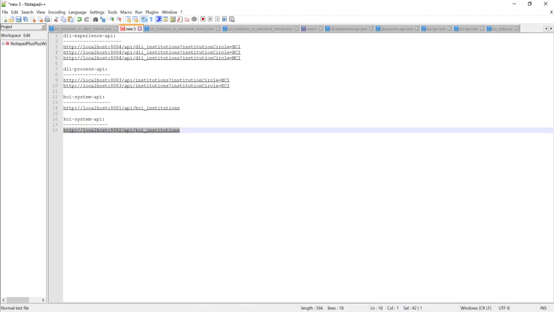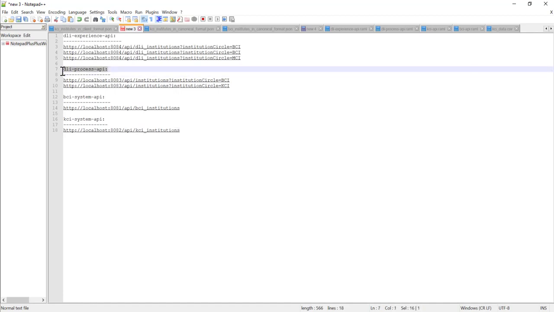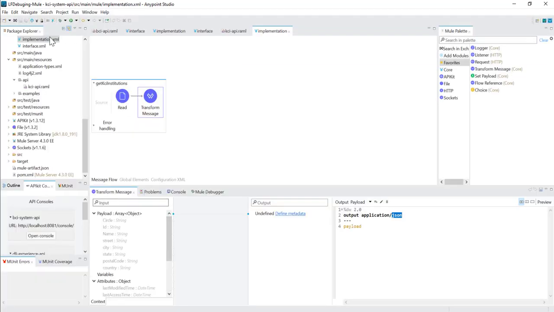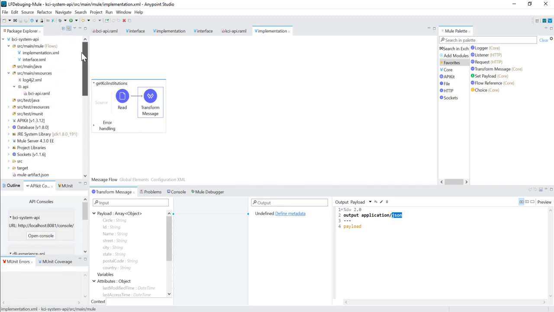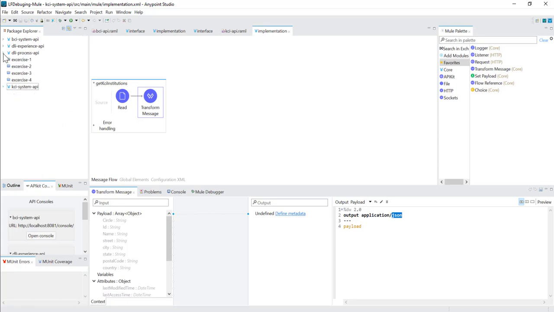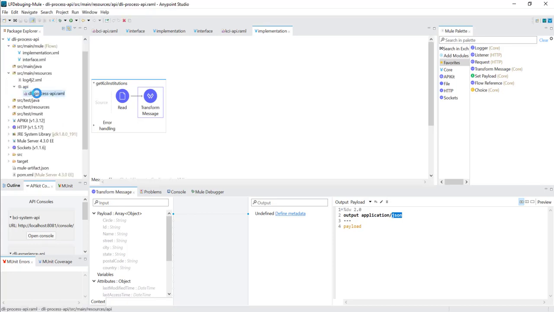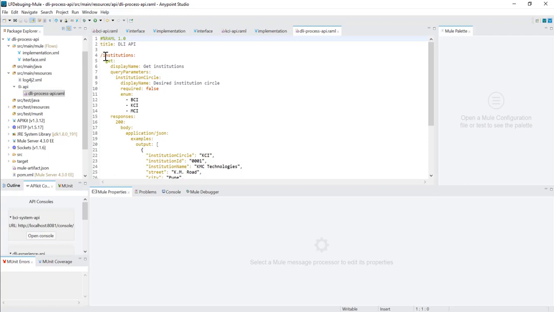Now we will have a look into the DLI process API, right? If we go to the DLI process API, we will see that it also has a RAML file. This is the RAML file, and what service path is being used here?